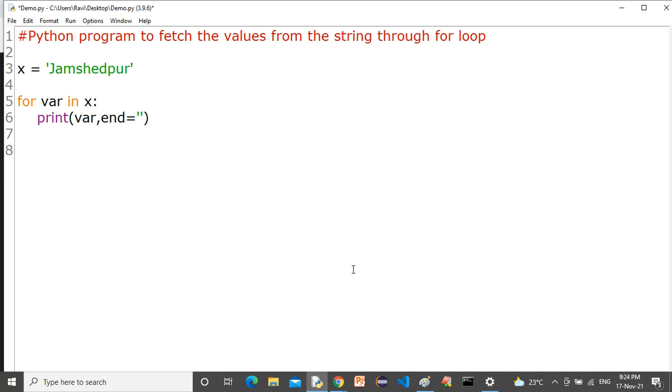Done. Okay, so this is the Python program to fetch the values from the string, correct?